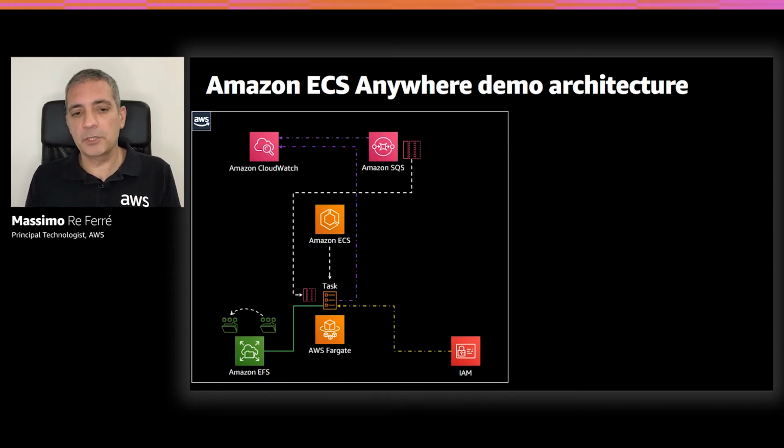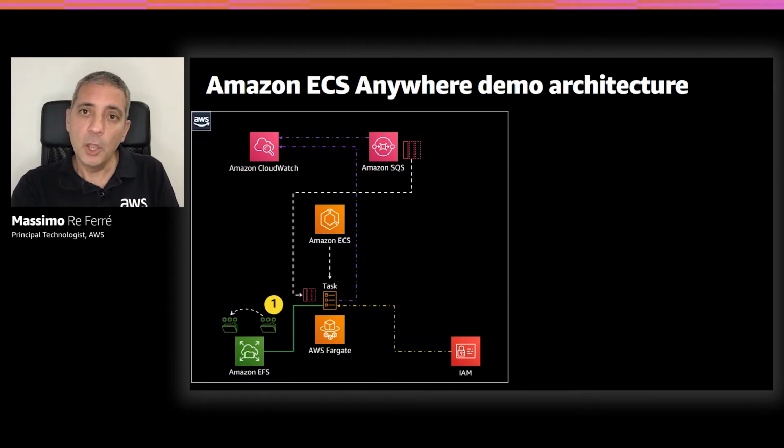Last but not least, this application also reports and logs that activity into CloudWatch. So the flow of the application is: data comes in to that EFS share, in particular in a source folder, for example. New messages come into the Amazon SQS queue, informing the application on which files it needs to act upon. The application will read from the queue, and if there is a match between the message that is coming in the queue and the file name in the source folder,